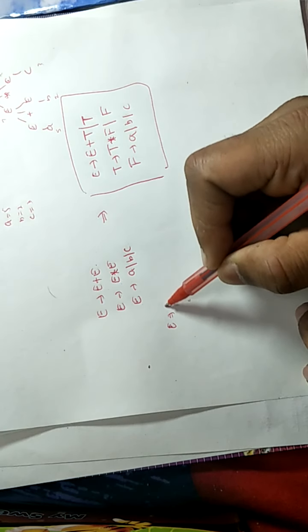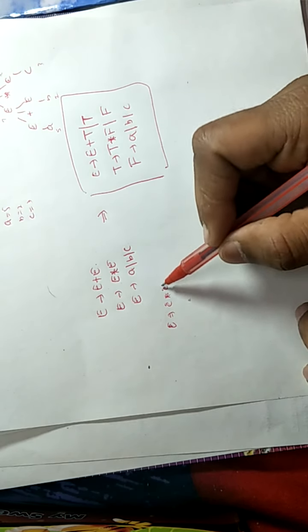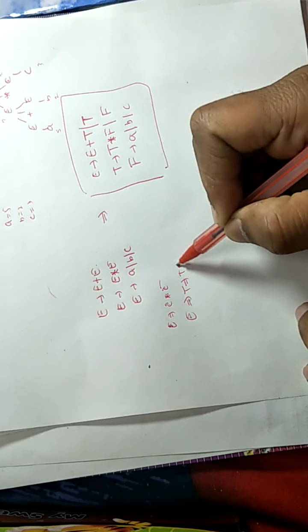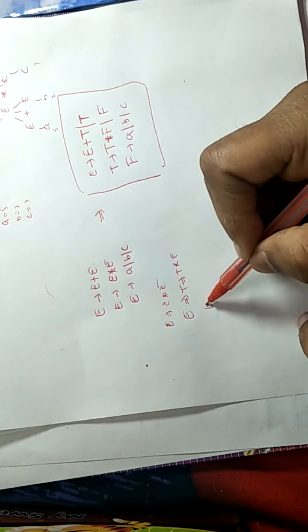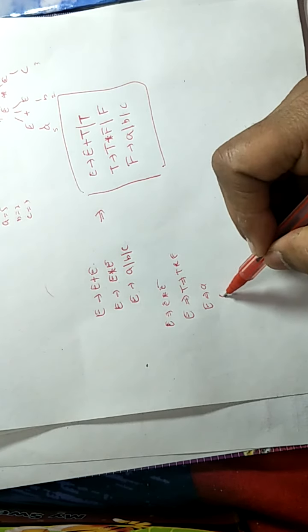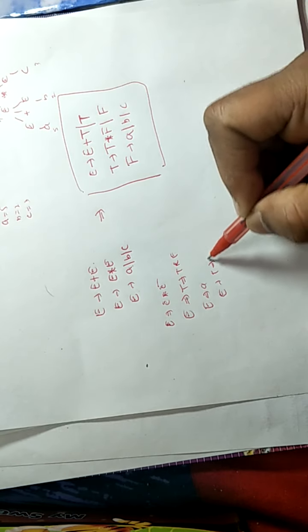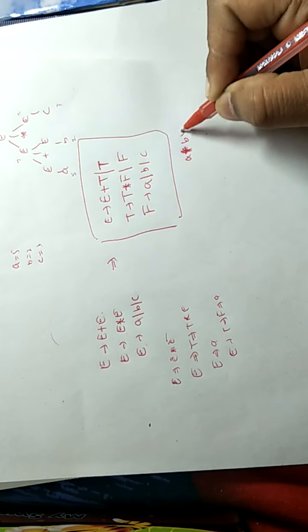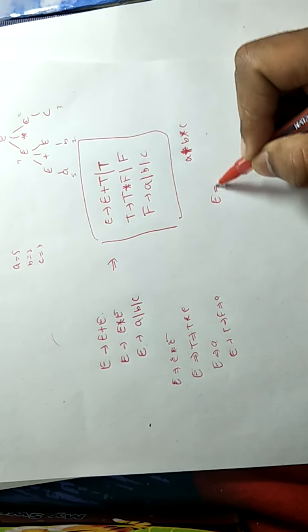suppose I have to use E tends to E into E, I can use it also as E tends to T and T tends to T asterisk F. Suppose I have to derive E tends to A as here, so I can derive it using E tends to T, T tends to F, and F tends to A. Suppose I have to derive A into A plus B into C, it can be derived